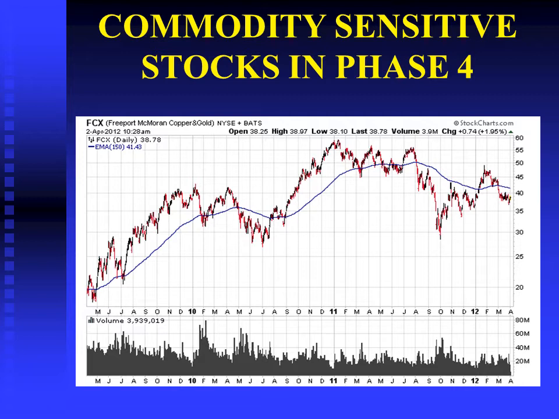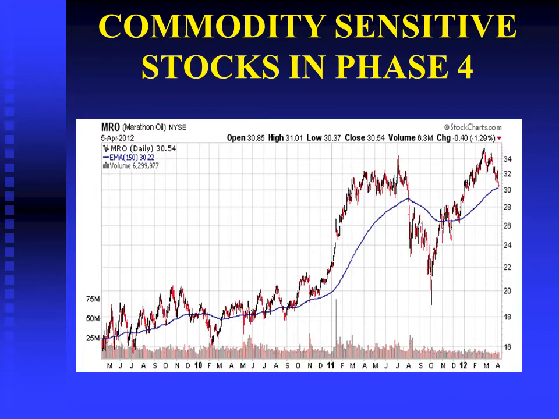This is another commodity-sensitive stock, in other words a stock that depends on the price of a commodity: copper and gold. And again, notice how early in 2011, the price of commodities started heading lower, and look what happened to the price of the stock. Clearly now you're beginning to sense the pattern. You cannot invest in commodity-sensitive stocks when the economy weakens. The reason is that when the economy weakens, commodities decline, and therefore profitability of all these companies really suffers.